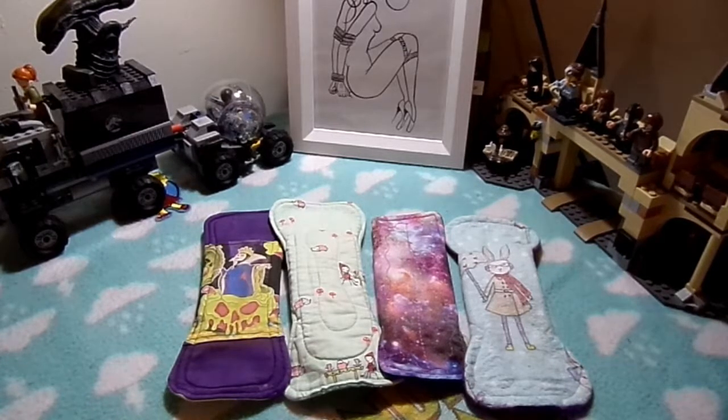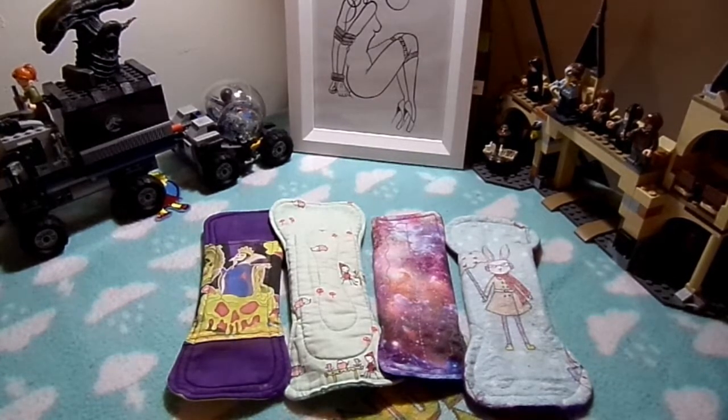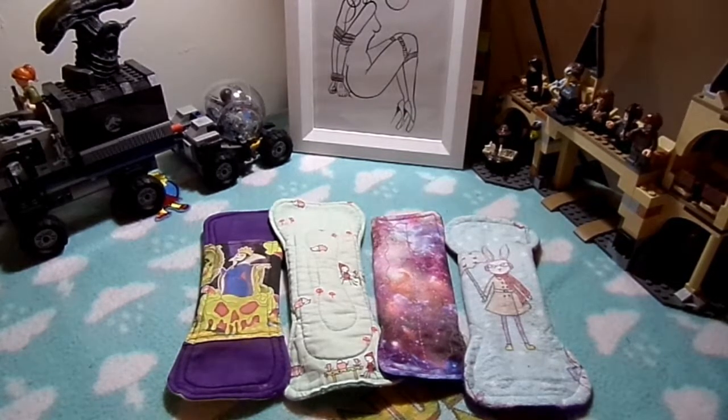So question number 1 is, what do I like about printed pads over plain ones? There is basically nothing great about false advertising, and that is the type of thing plain pads are trying to sell. Simple packaging and a more traditional looking pad are kind of boring. I want nothing really to do with the disaster that are single-use disposables. I like having my pads match things that I'm interested in or things that have interested me before,